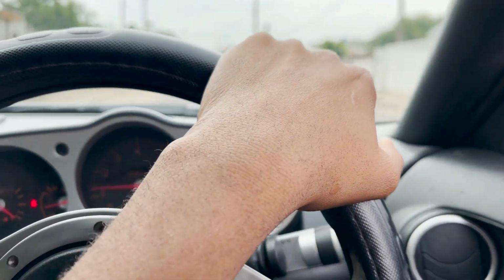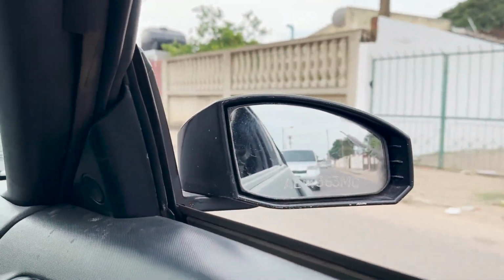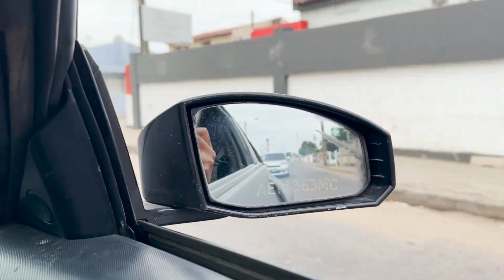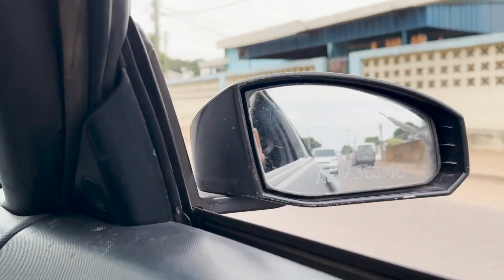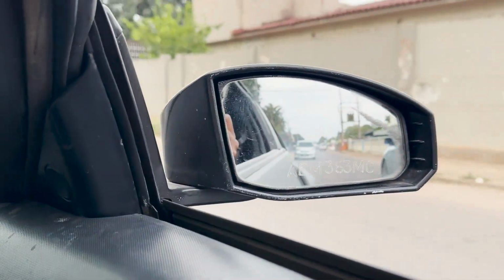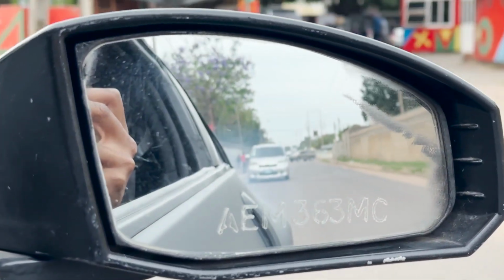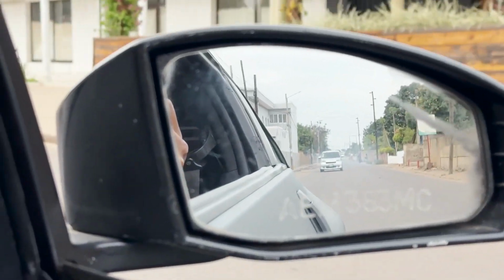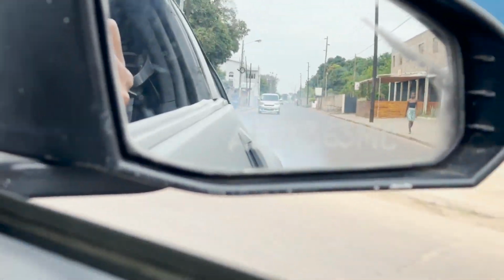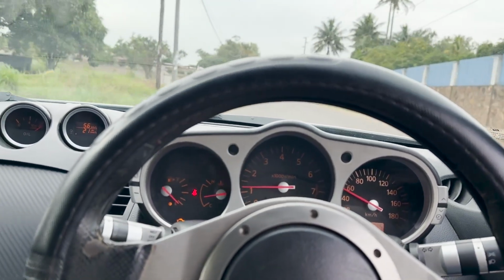I'm just testing out this 350Z. Of course it has the check engine light on, and when we floor it, I think you can see from the window there is smoke coming out from the tailpipe. I believe you guys can see right there the puffs of smoke that are coming out from the tailpipe. So I will be diagnosing the car